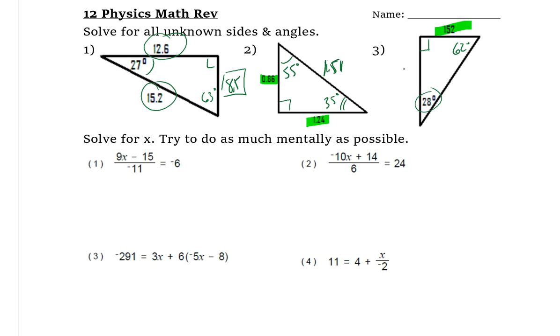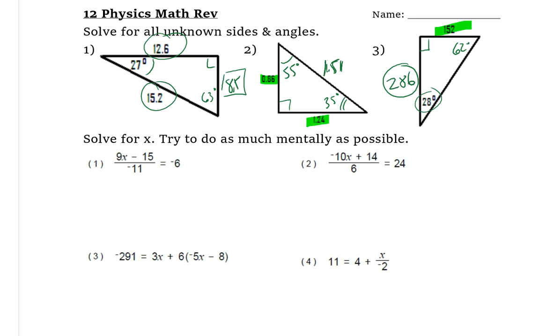I could solve for this side right here first. I'll use my tan function. So the tan of 28 would equal 152 over my missing value. And if I punch that out, this should be around 286. And then once I've got that, I've got the two sides, then I can just use Pythagoras to find